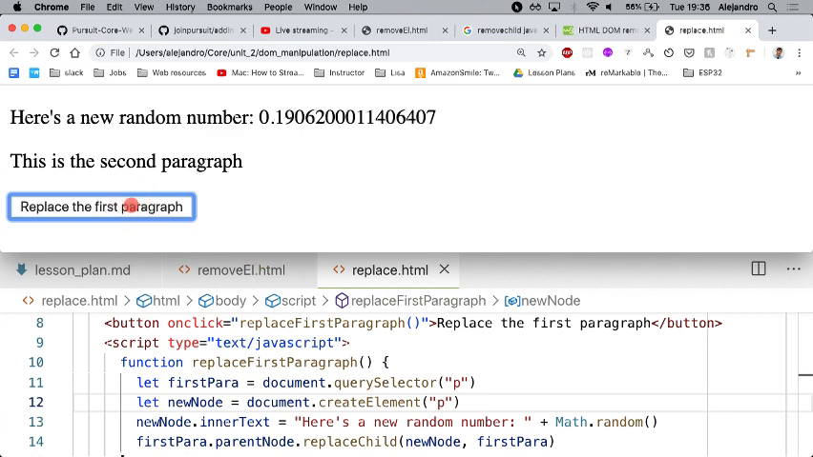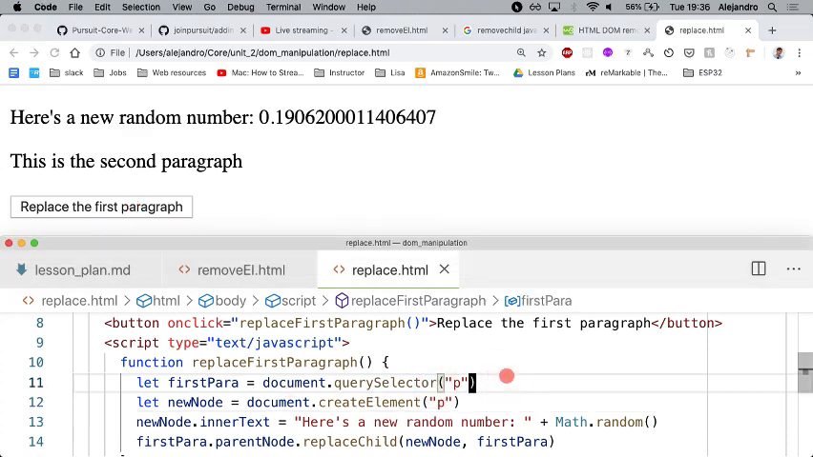What is it that we want to replace, and with what do we want to replace it? Malik, spot on. Query selector here